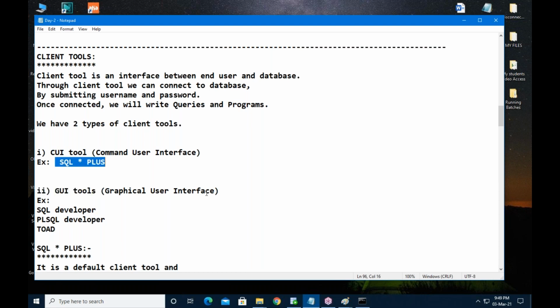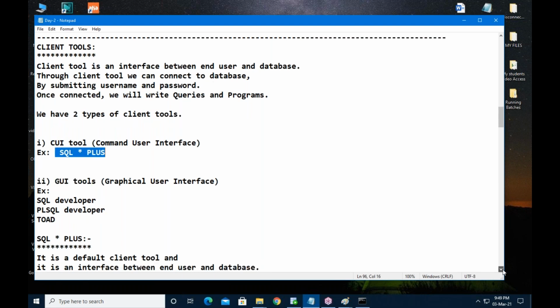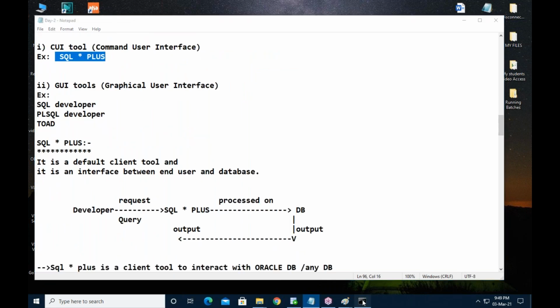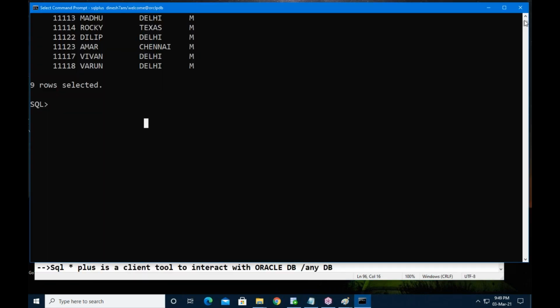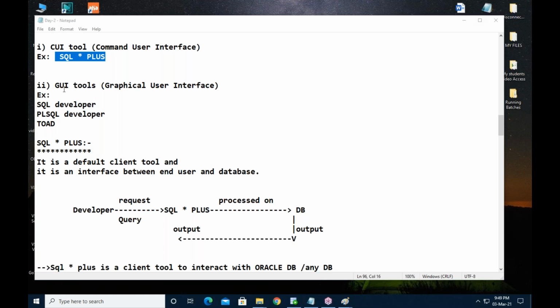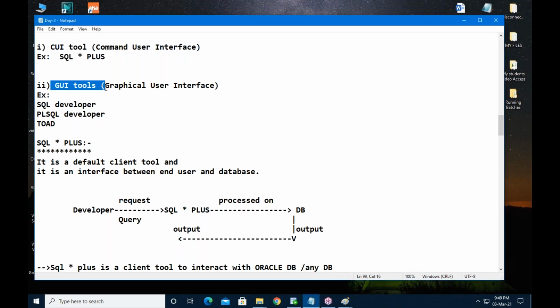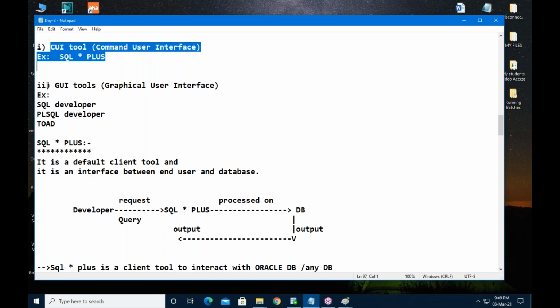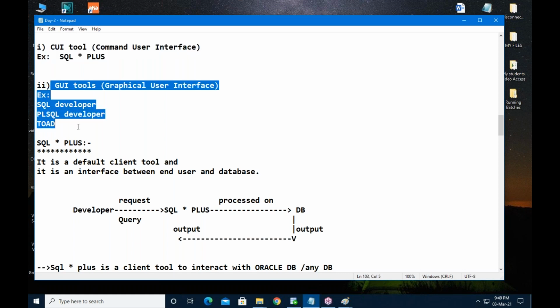The CUI tool name is SQL Start Plus. And for GUI tools, multiple tools are there. In my training, I am using SQL Developer. First, we are learning about this. Later, we will discuss this.